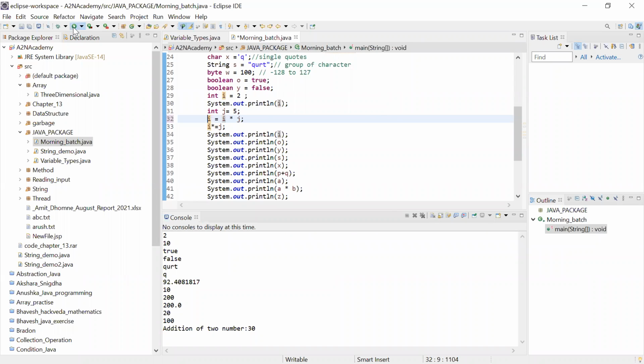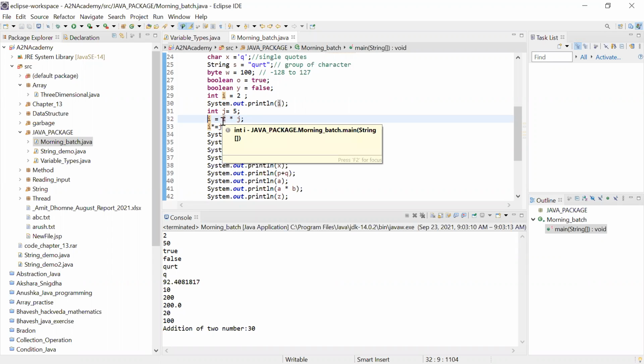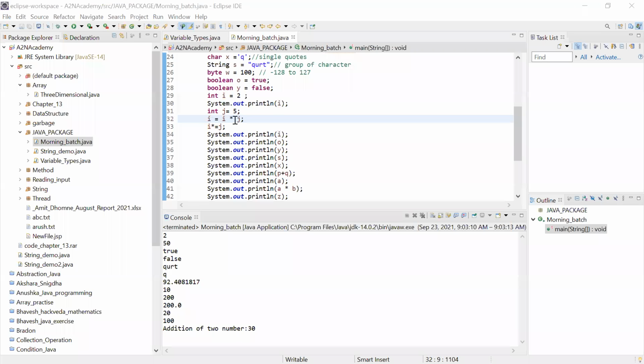Let me show you. And it was giving 50, right? Here 5 and i value, once you multiply this, it will give 10, right? So here it was giving me 50. That's why it was unable to get the correct value. But these both have the same representation.